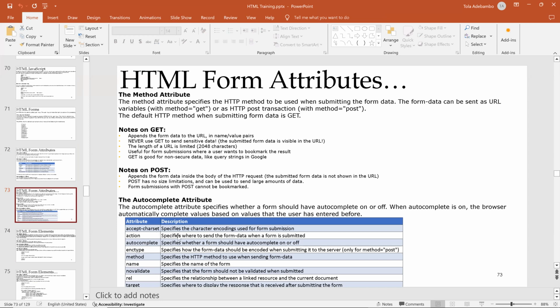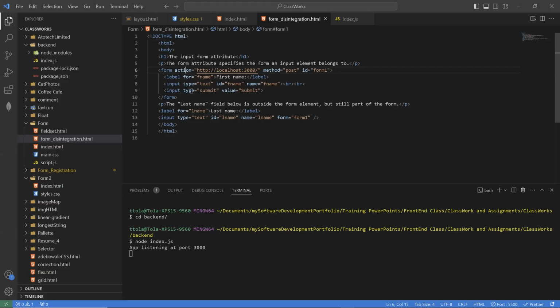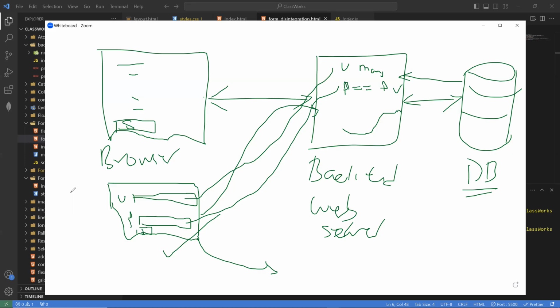The action specifies where to send the form data when a form is submitted. So once you click the submit button, the form will be submitted to this address, which is most of the time the back end. And the method is the HTTP protocol method that is used to submit that form. We have different methods which we won't be going into now. For example, we have the